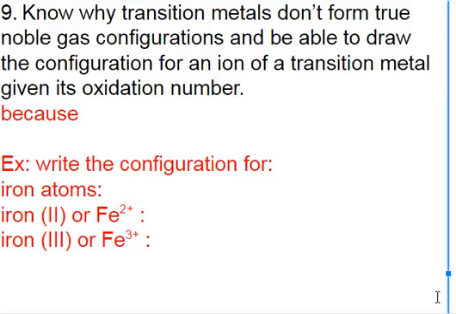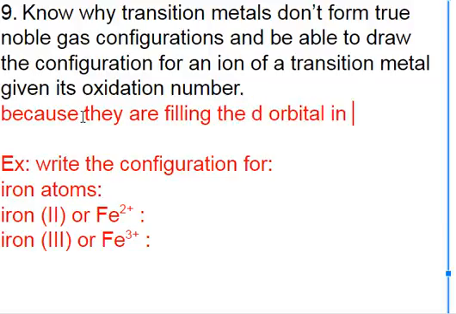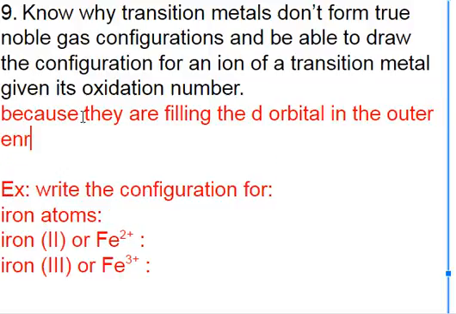Objective 9: know why transition metals don't form true noble gas configurations and be able to draw the configuration for an ion of a transition metal given its oxidation number. So the big thing you have to realize with transition metals is they are filling up the d orbital in the outer energy level. And that's unusual